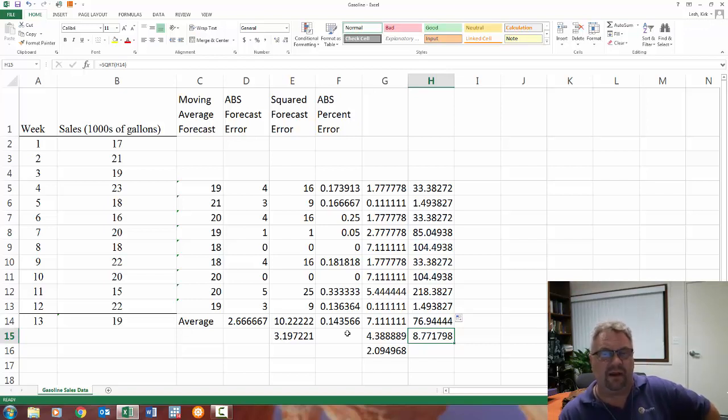So here is your moving averages. Yes, I think it's something that you should know. I think it's something you should be able to do. But the truth is, it's not very good. And the other thing, as your book points out, in this case we did a 3-period moving average. Well, why not try a 4-period moving average? Why not try 5 periods, so on and so forth? And even as your book points out, the idea is you use the trial and error method to determine which